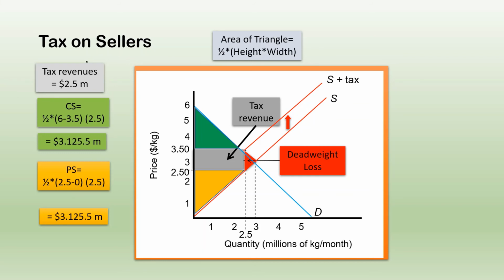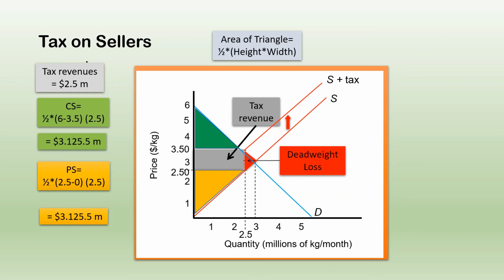So the difference between the quantities before tax and after tax, or the difference between the social optimum quantity and the quantity after tax, after the implication of the policy, is actually the width of this small triangle,